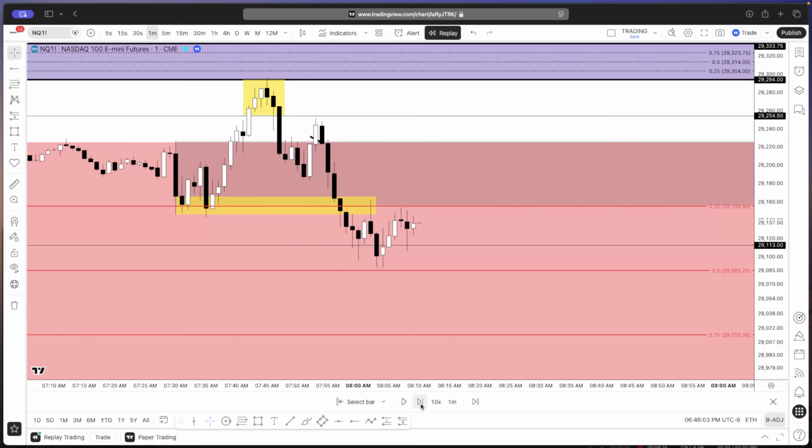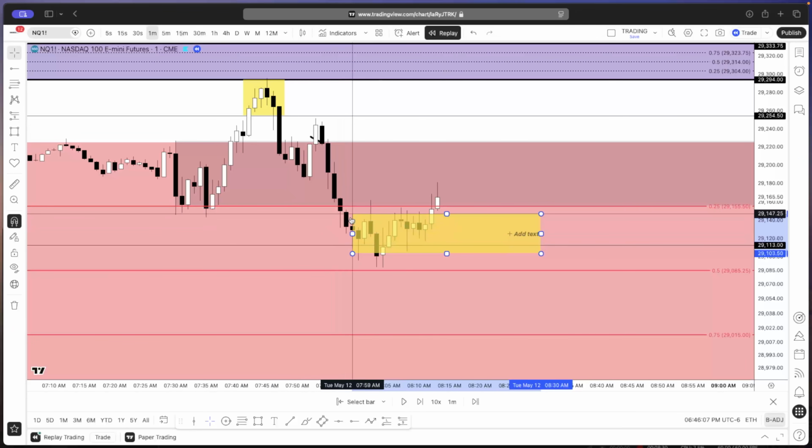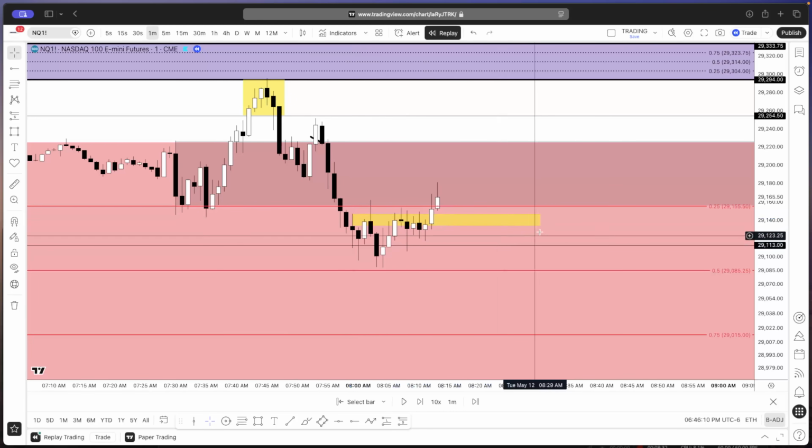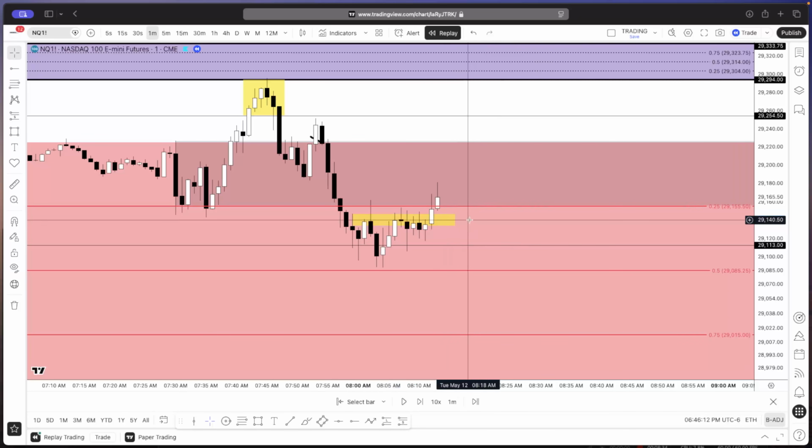And then the market starts to round out. So right here was the next trade that I took. And this is a really interesting example of the 4 pillar setup.